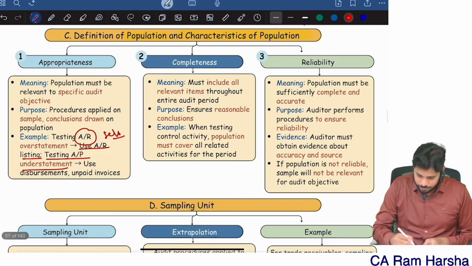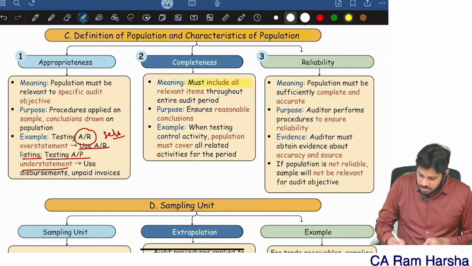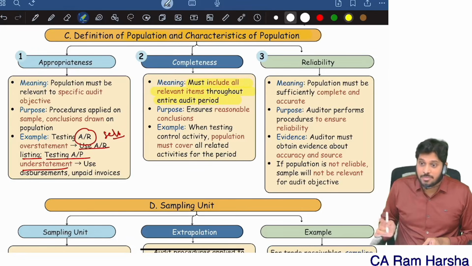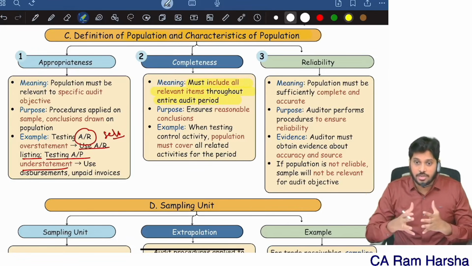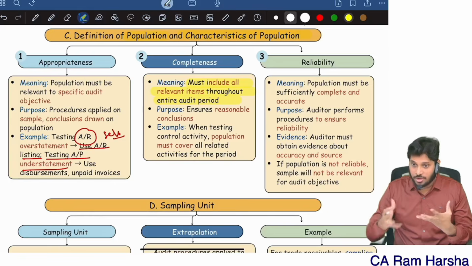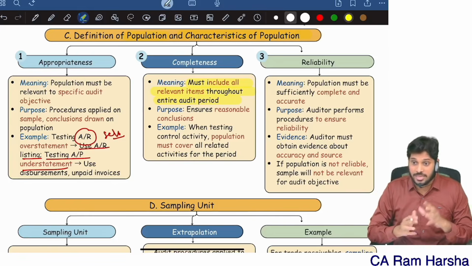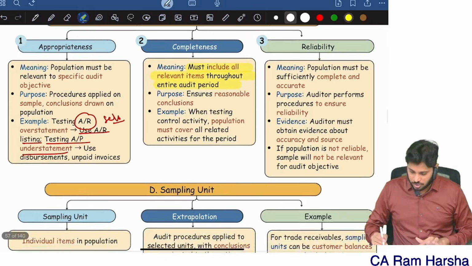Yes or no? Completeness. You must include all items throughout the entire audit period, for whichever year we're performing the audit, all the transactions must be included. Only then you need to select a sample from. Yes or no? Then